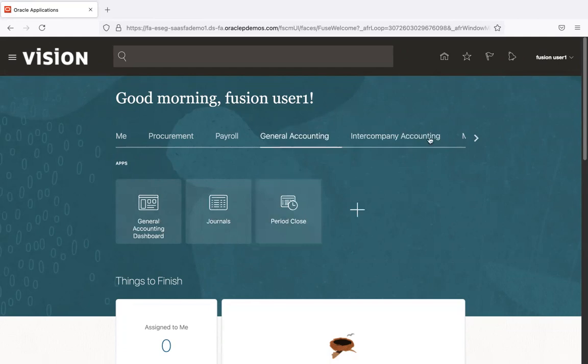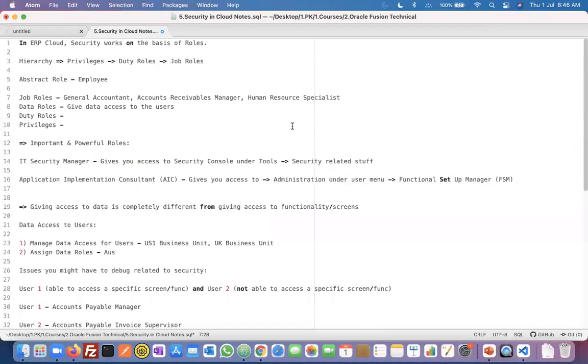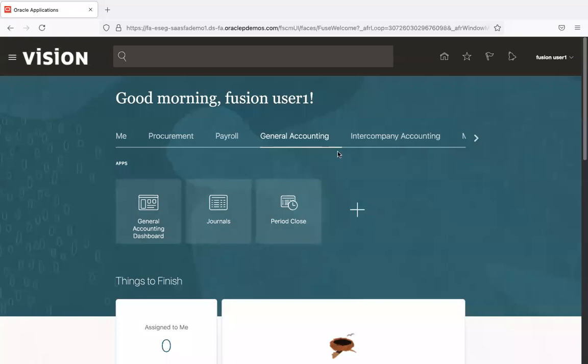So when you assign job roles, you are only granting access to the screens to the users. They won't be able to create transactions until you grant them data access. We'll park the data access for a moment. Let me go back. We would come to the data access in a moment, but for now, let's say that we have